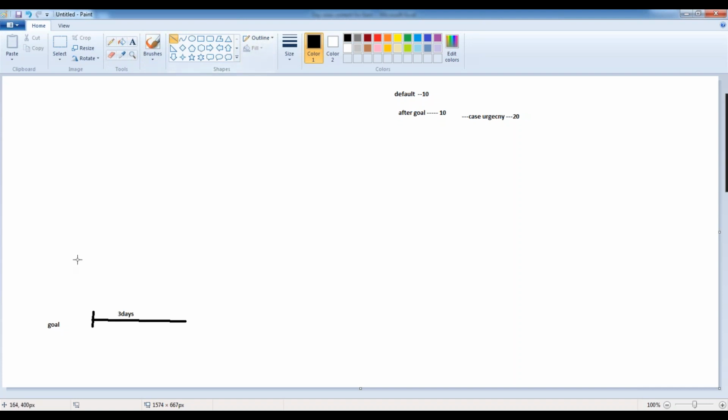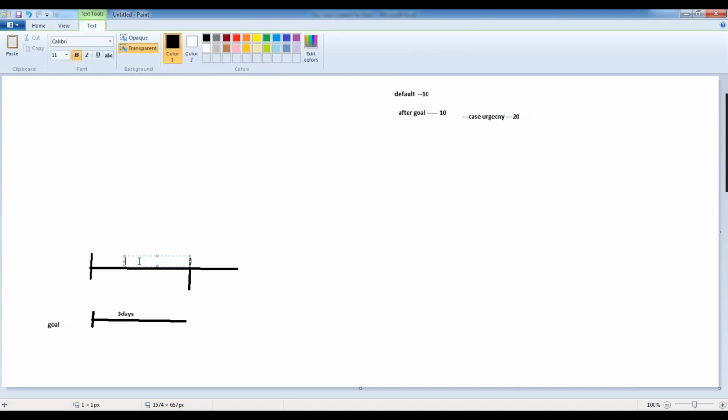That means the goal and deadline will start simultaneously. The timers will start simultaneously. When I say 4 days, it includes the goal time. So the goal time is 3 days, and this is the deadline.